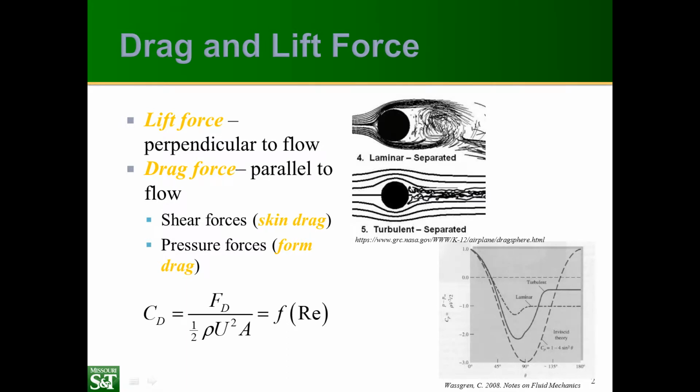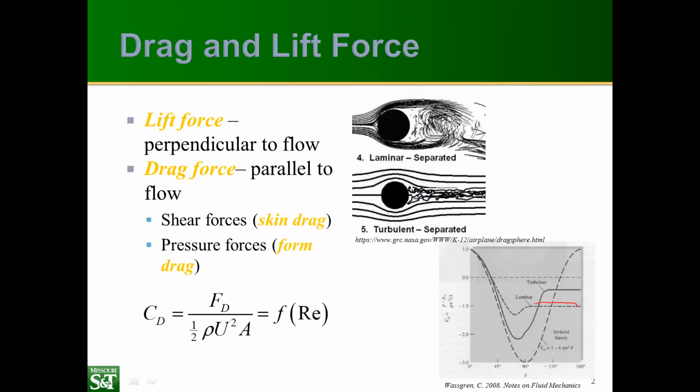However, on the back side of this body, we have an adverse pressure gradient. The flow is slowing down as the streamlines get further apart, and so we have a pressure increase in the flow direction, and that promotes boundary layer separation. And when the boundary layer separates, it creates this turbulent wake, and because the wake is turbulent, the pressure everywhere is reasonably constant. So we have this region on the back side of the object